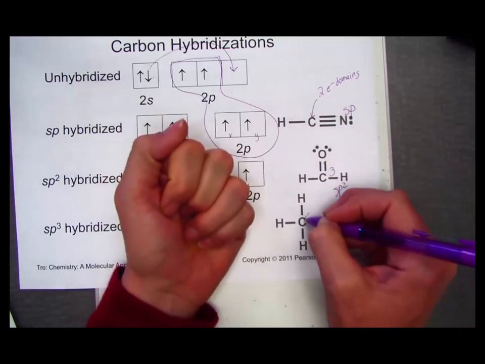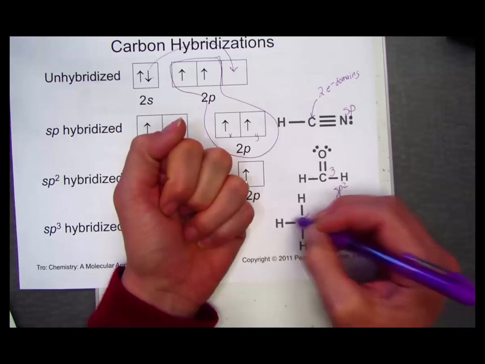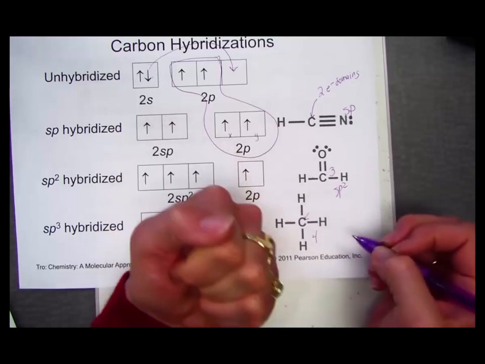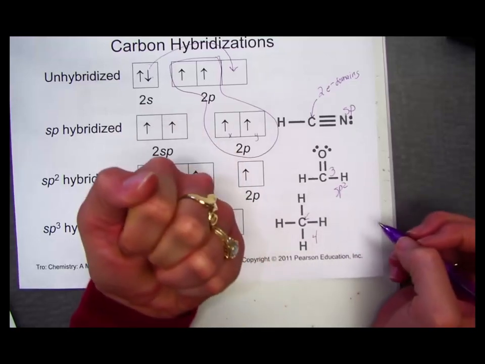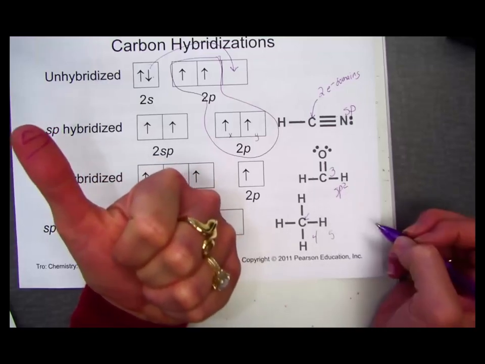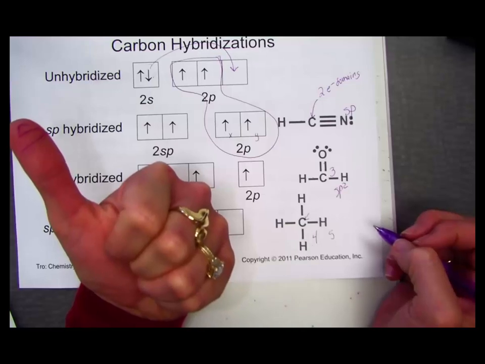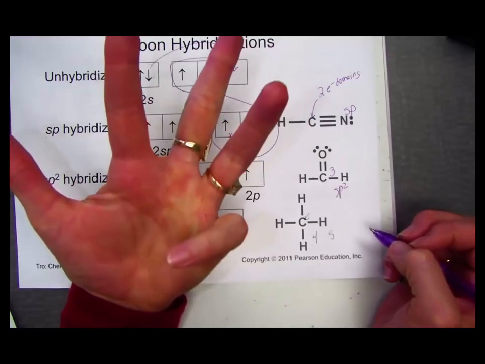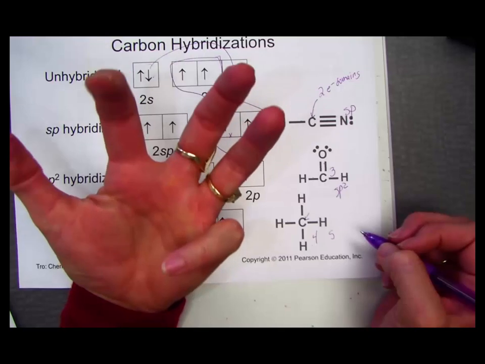Here's carbon. 1, 2, 3, 4 electron domains. What would be the hybridization? Finger-thumb rule. Start with your thumb, it's the S. Always put the thumb up first. I need to get to 4. 1, 2, 3 more fingers in the air to get a total of 4 electron domains,